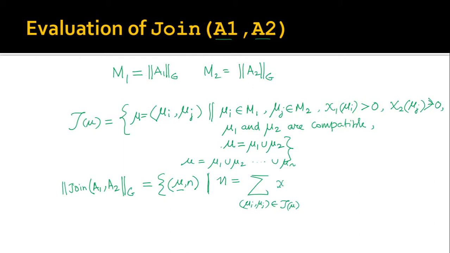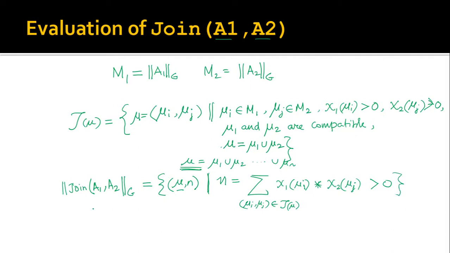And you will take the multiplicity of mu i from the first solution set and multiply that with the multiplicity of the jth solution from the second solution set, right? So this will be the total multiplicity of this solution, right? And of course this should be greater than